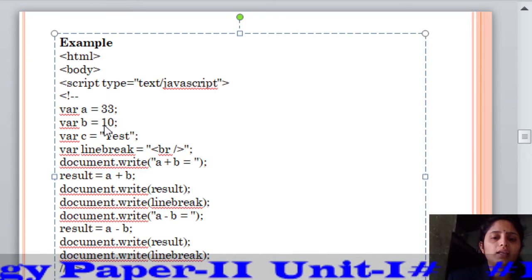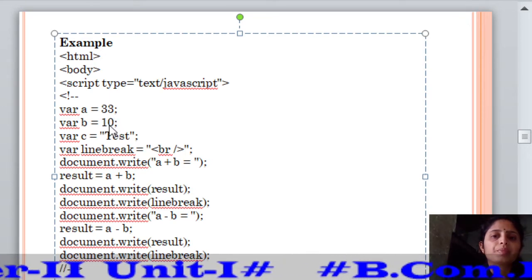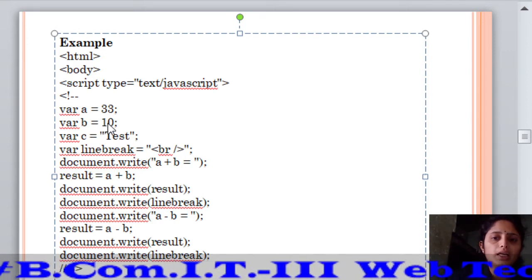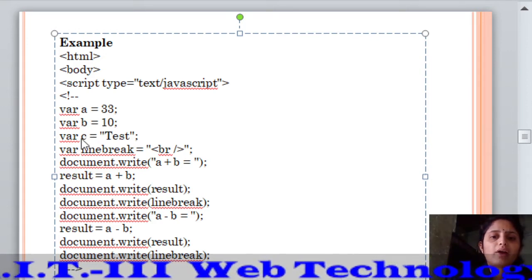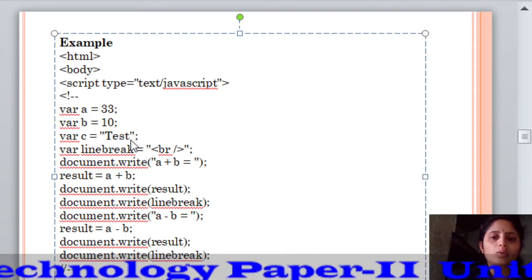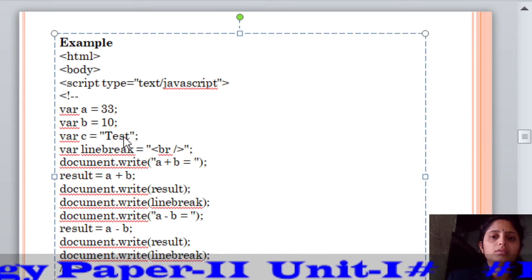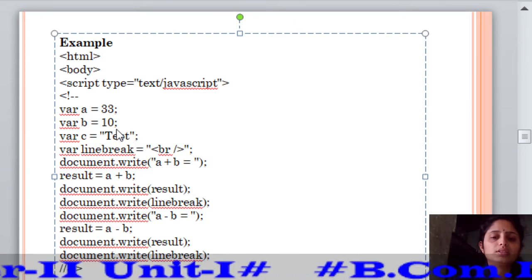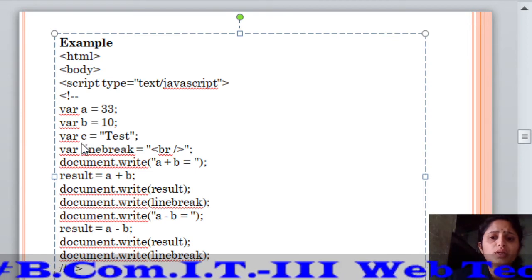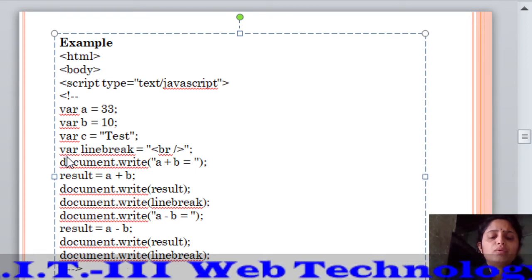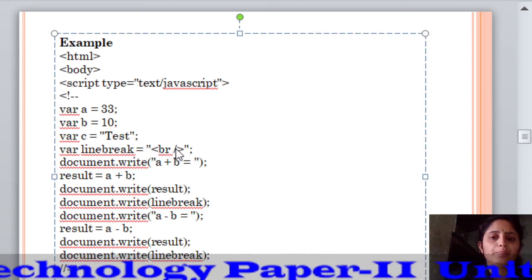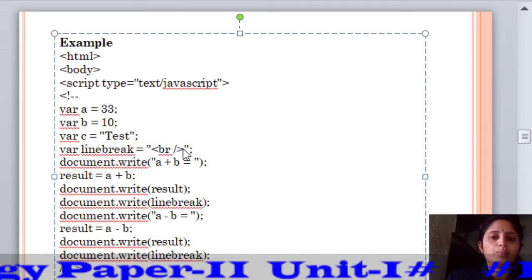According to the value we can identify that variable b is also numeric data. Third variable is var c is equal to double quotation text. This value is enclosed in double quotation marks, so it is a string value and it is stored in the variable c. Fourth is var line break is equal to double quotation br tag.